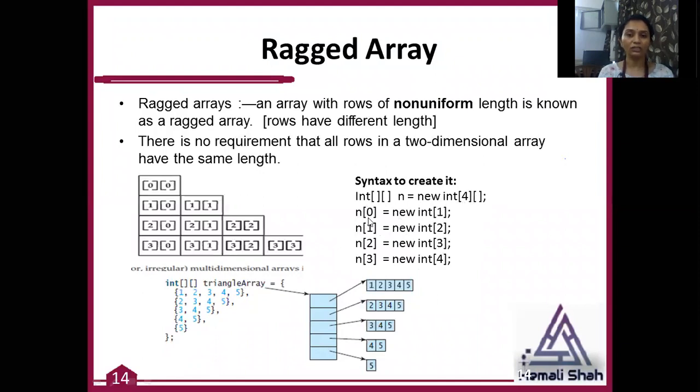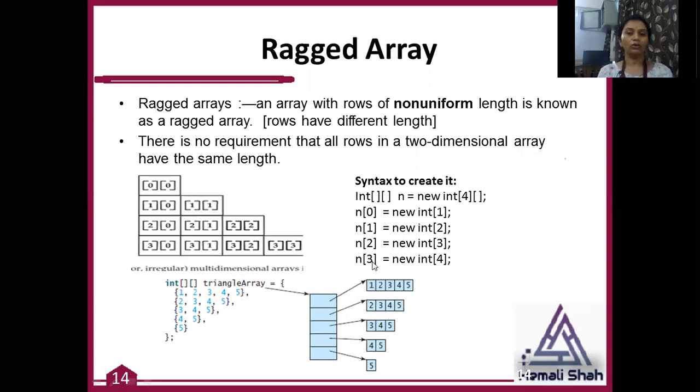That means for the first row, n[0] = new int[1], that means you want an array of size one in the first row. n[1], that means the second row: you want two elements, so a one-dimensional array of length two in your second row, n[1] = new int[2]. For the third, n[2] = new int[3], that means an array of 3 elements in your third row.